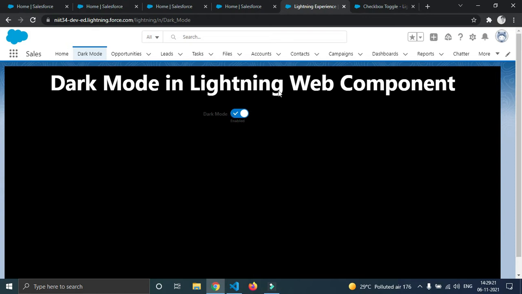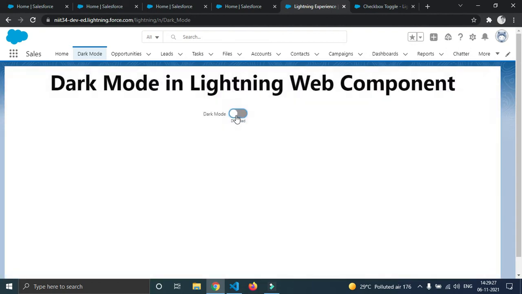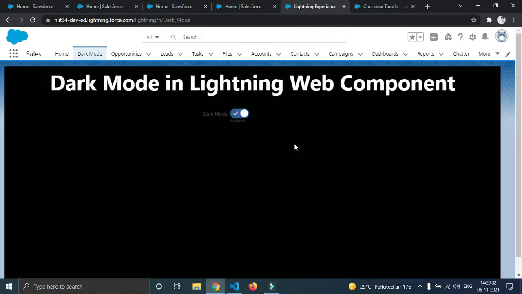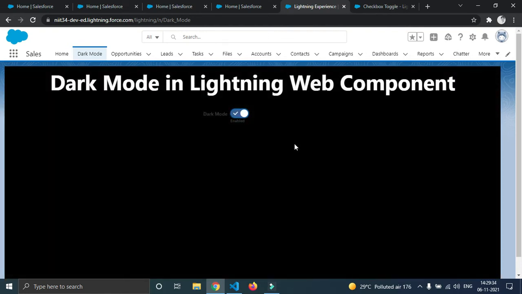There is a button called dark mode, and if I toggle it, it goes to the normal mode, and again if I toggle it, it will go to the dark mode. In this tutorial I'll show you how you can create dark mode functionality for your Lightning Web Component,